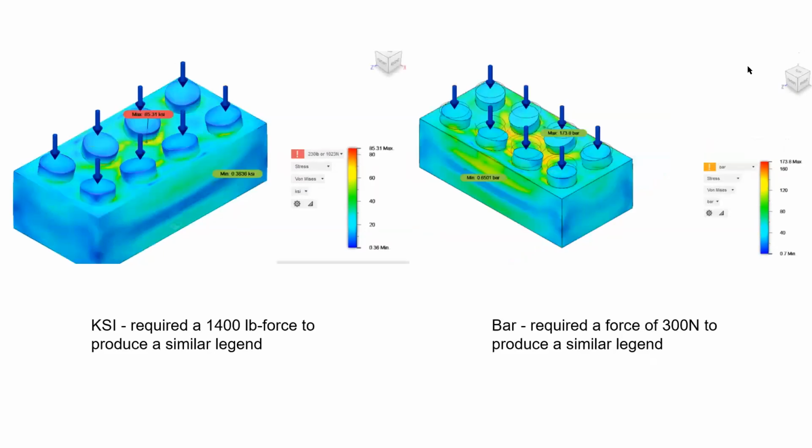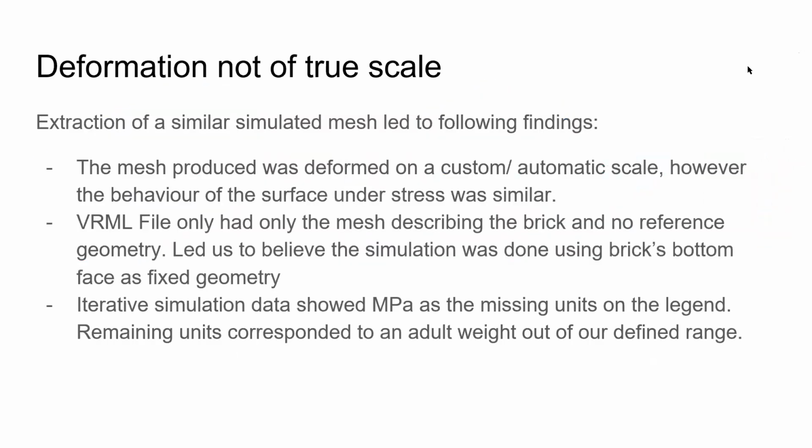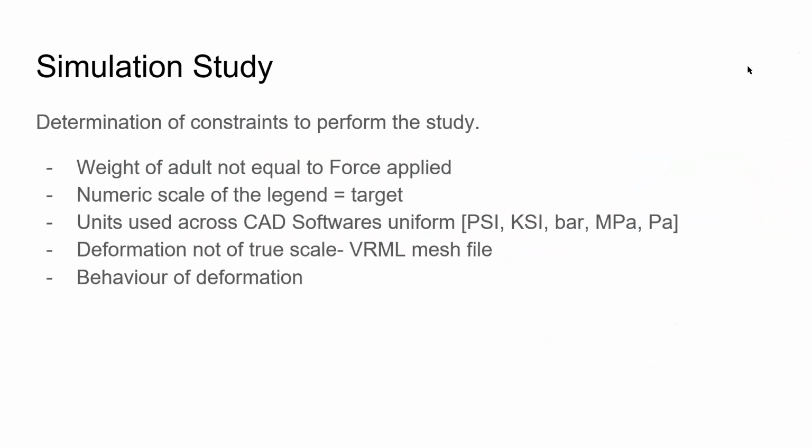We were able to identify the units, but we still did not have the confirmation of which model was the right choice. So identification of the units helped us to then start. Identification of units itself became another constraint for us, and then helped us further identify which model was the right choice for us.